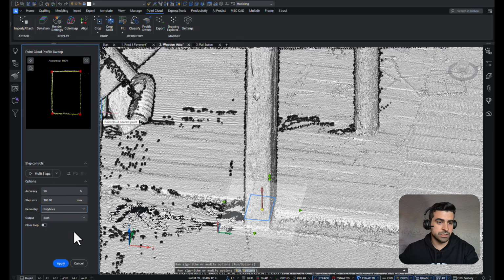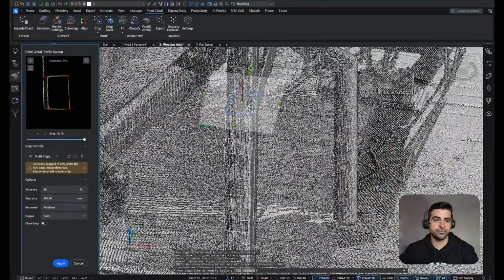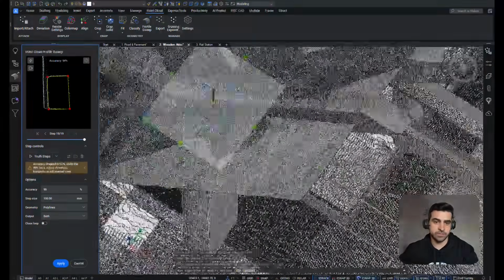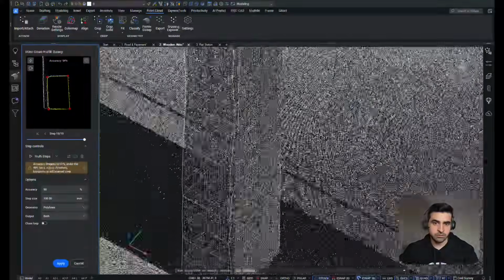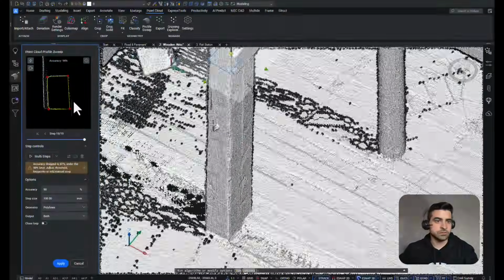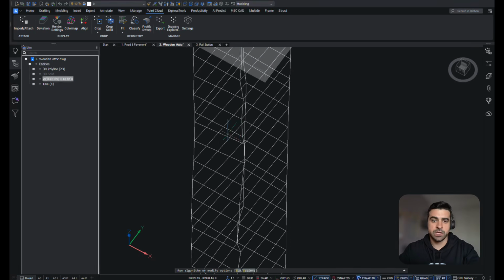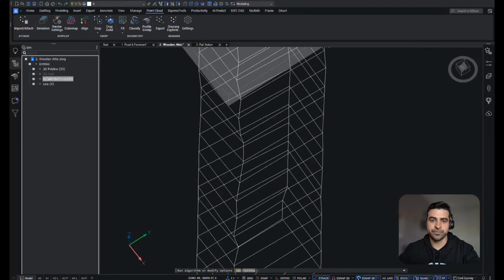I want polylines and I want, okay, let's keep both at this point and just follow the multi-steps and see where we land. Okay, it goes all the way up. And in this case, I would like to go back a little bit and see what the result looks like. Okay, looks good. I can go at any point in my structure browser and hide the point cloud so I can see the formation a bit clearer.